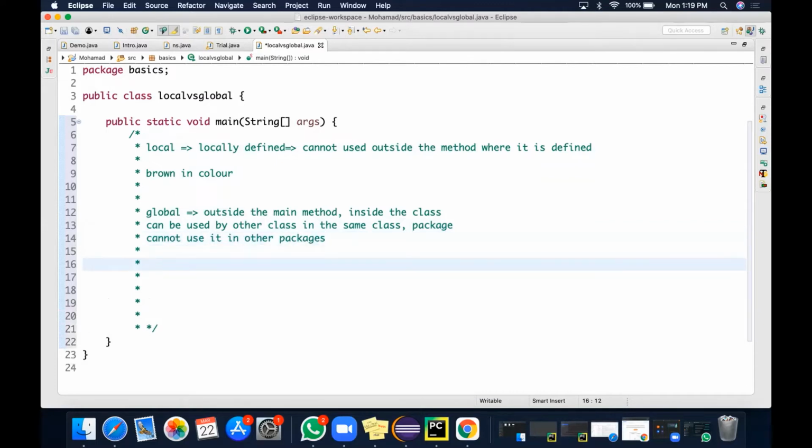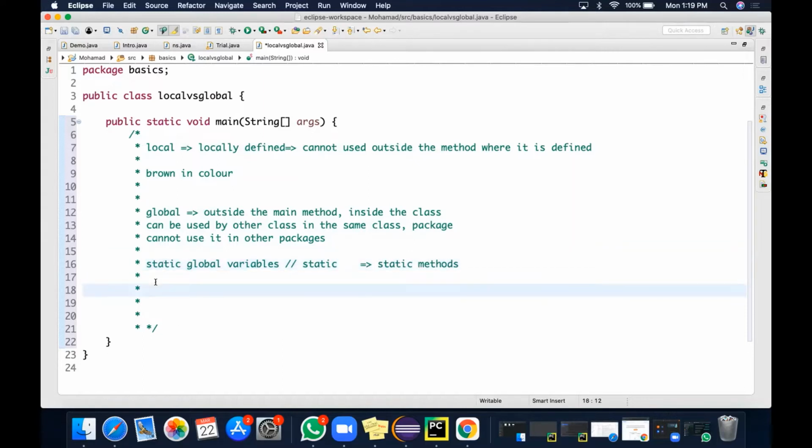So one more thing is, we have two types of global variables. Static global variables will have a static keyword before the variable definition. And static methods will accept only static global variables. That is, they will not accept the normal global variables.